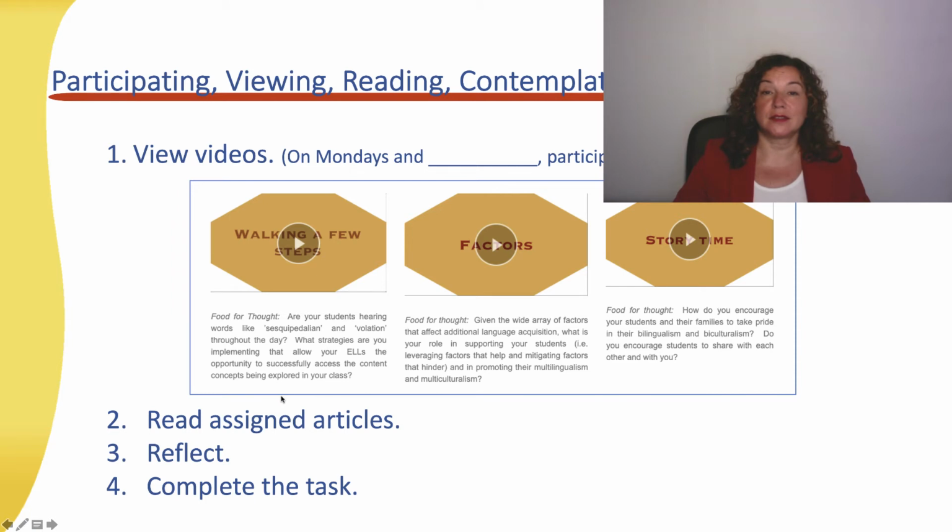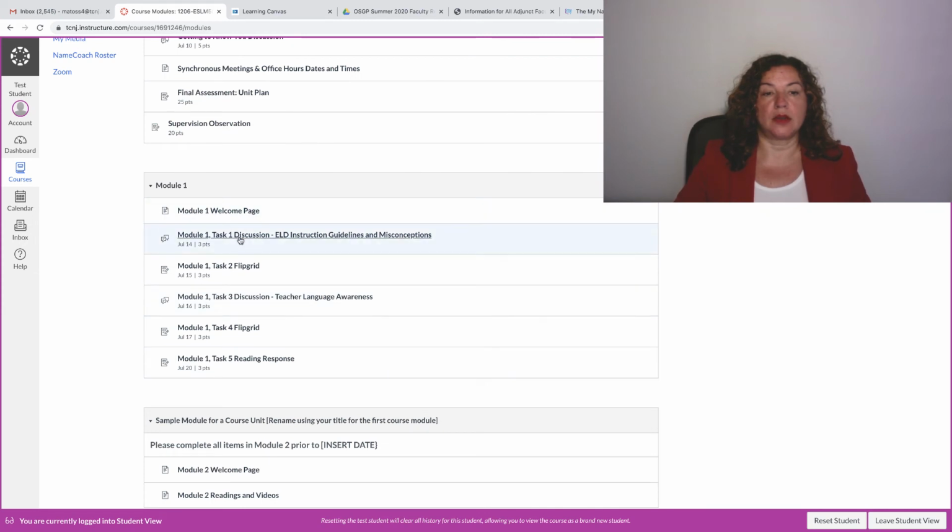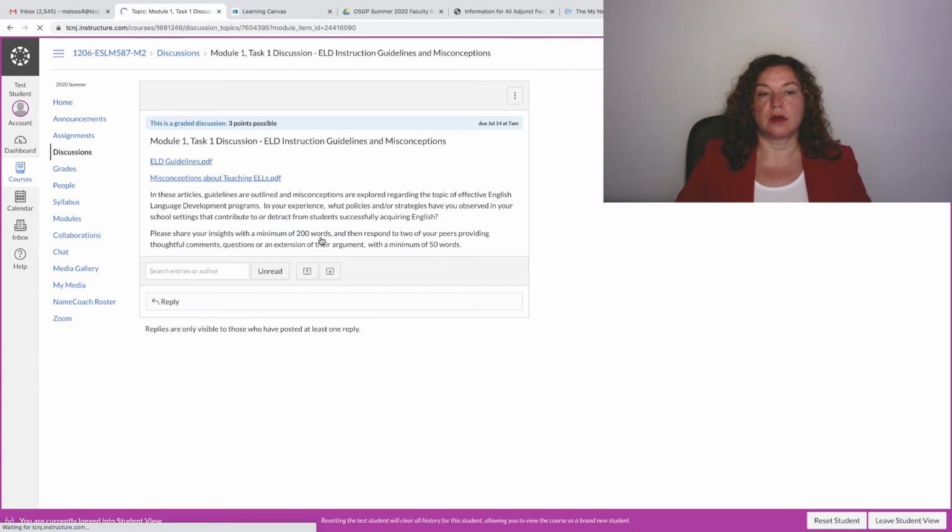I want you to reflect, think about your own practice, and then you're going to complete the assigned task. So that's basically the deal every day. And every single day you have a different task. And notice that it's due the next day. So every task, Monday you have a task due Tuesday, Tuesday you have a task due Wednesday, etc. Friday's task is due the following Monday. So some examples here,